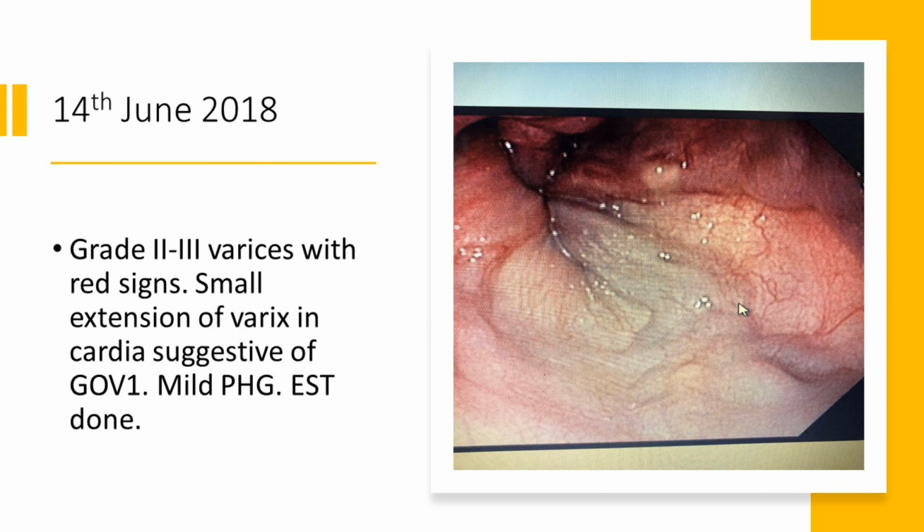Now this child, ideally we should be doing ligation. In children, the problem is, how do you put in a cap in a small child? When you do ligation, you are putting in the cap and you're going inside. Most of these children are less than 10 kilos, so it's very difficult to put in a cap and go inside. So for us, our criteria for doing ligation is only if we are able to put a cap into the esophagus. Otherwise we'll end up doing sclerotherapy. So this child, we had to do sclerotherapy because the endoscope with the cap would not go in.